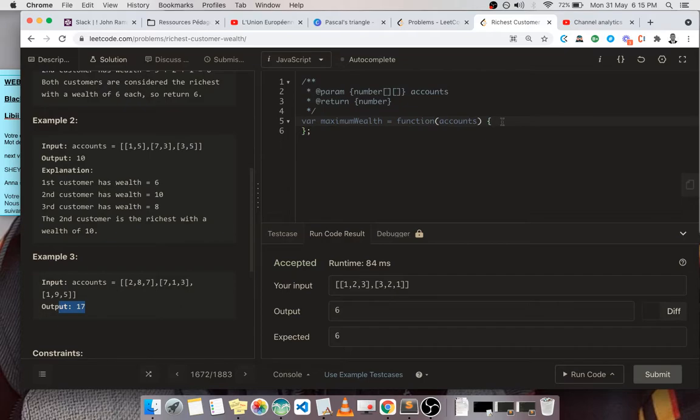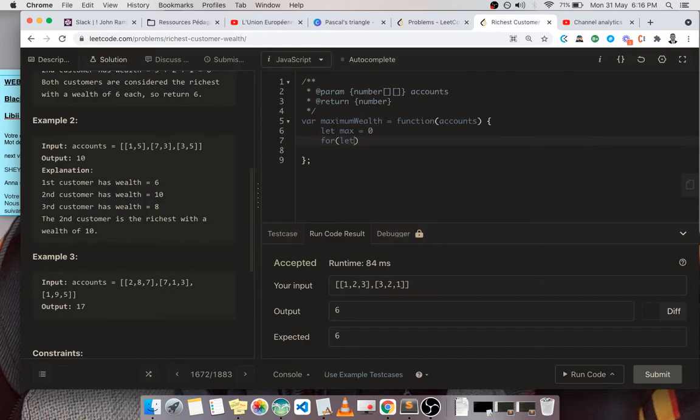You get the logic. So what do we have to do? Basically, we have to do a sum of the individual bank accounts of the clients, and then we get the maximum if you want. Now the scenario I'm going to use is I'm going to create a value maximum which is going to have the maximum, but in the beginning we don't know, so I'm going to put 0, and then I'm going to loop through using a for